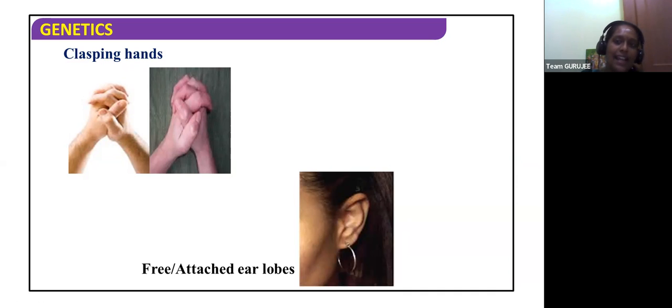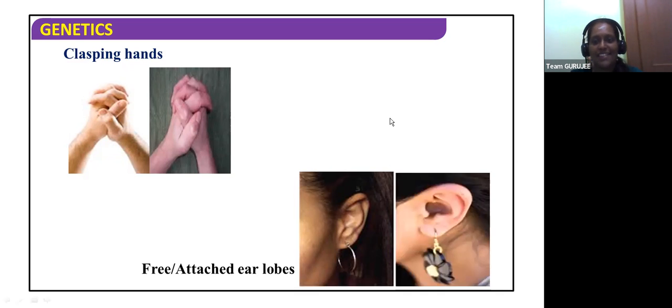So the left and right hand claspers. Statistics says that 55% of the population are left hand claspers and the balance 45% are right hand claspers. Usually the dominant one will be the left hand on this side, like this, what I do. But 45% of the population has it the other way. I feel my hand is odd, but maybe for others it's like that. So that is the clasping hand.